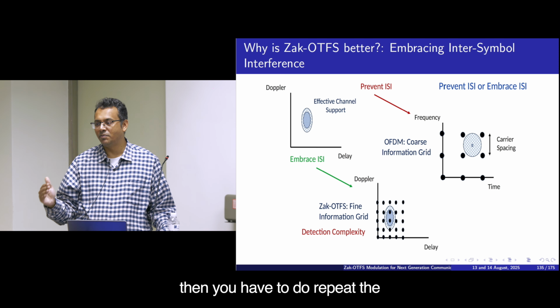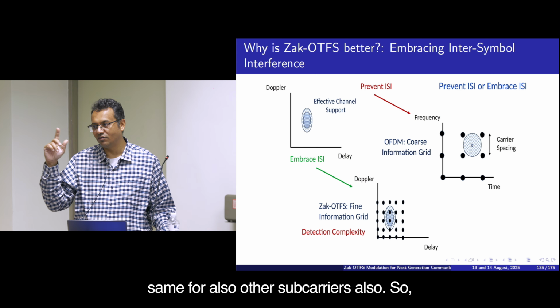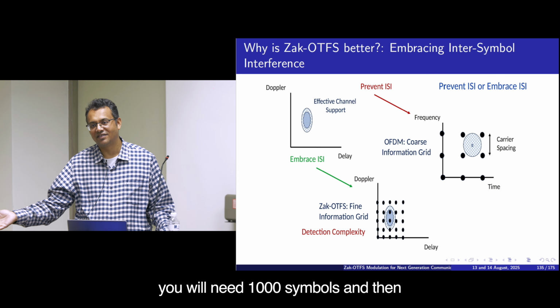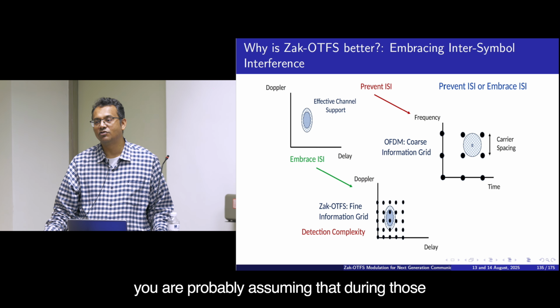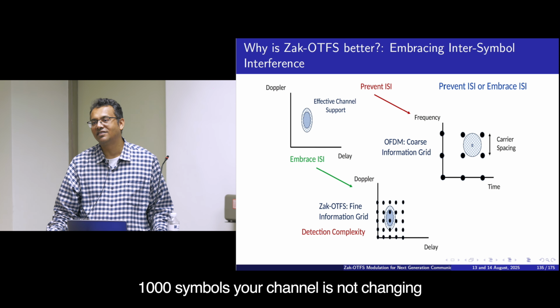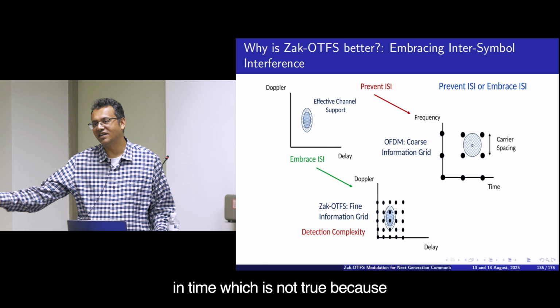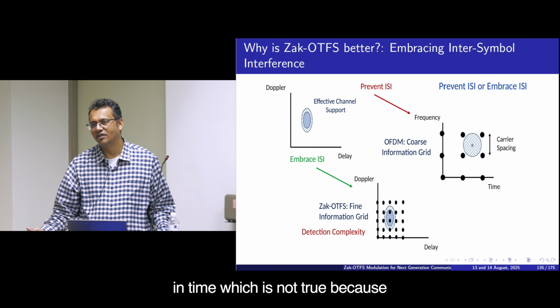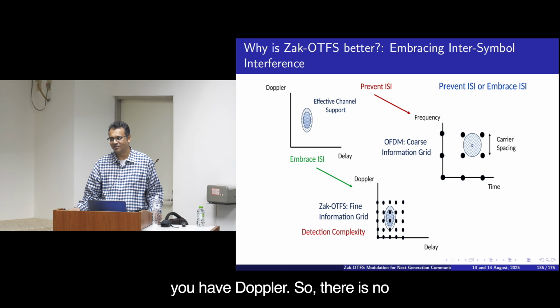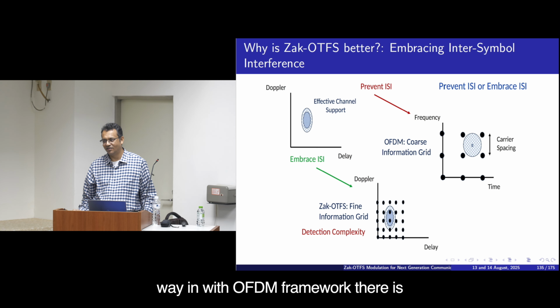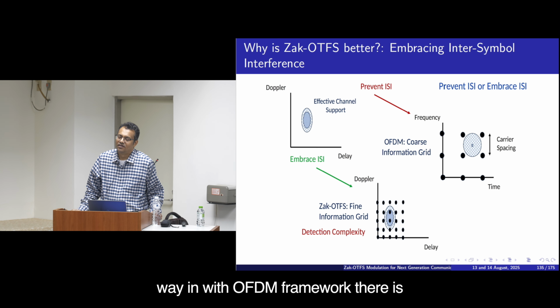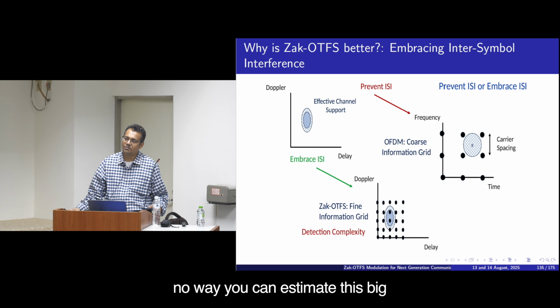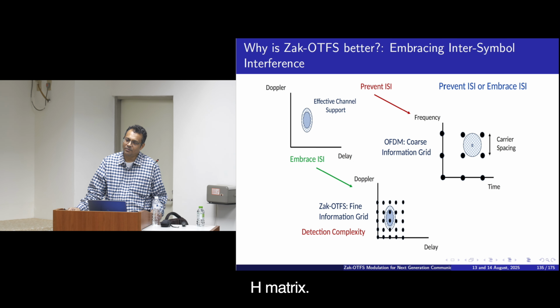But then you have to repeat the same for all other subcarriers also. So you will need 1000 symbols, and you are assuming that during those 1000 symbols your channel is not changing in time, which is not true, because you have Doppler. So there is no way with the OFDM framework that you can estimate this big H matrix,